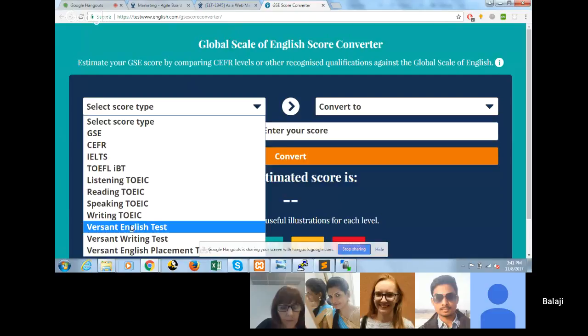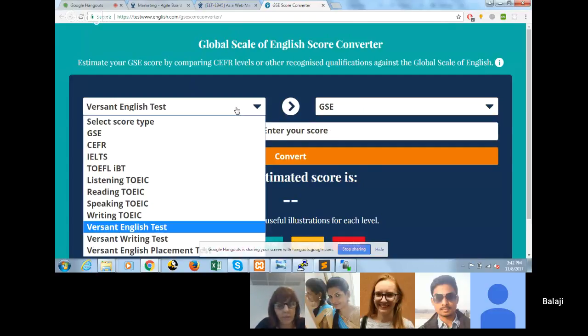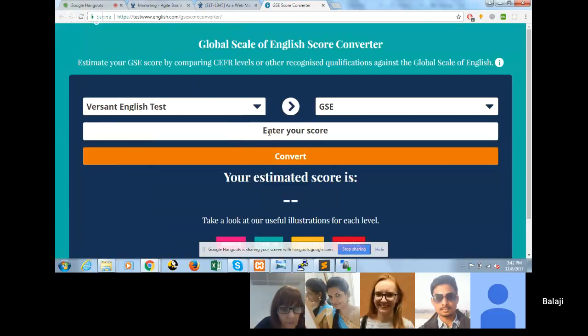Other than that, we had added a GSC dashboard, but as per the GSC score converter feedback, I have removed the GSC dashboard section from the score converter.